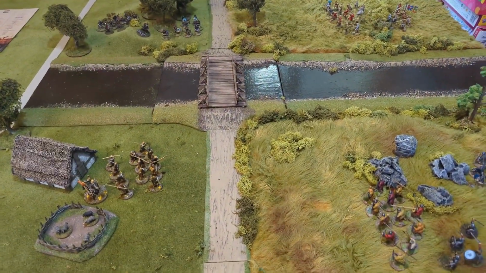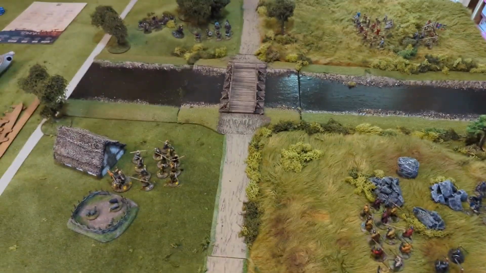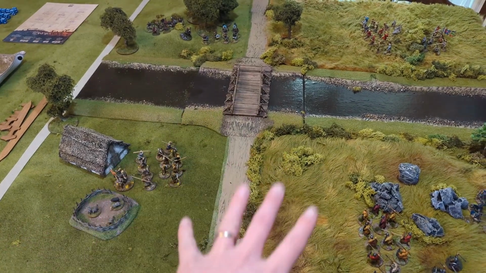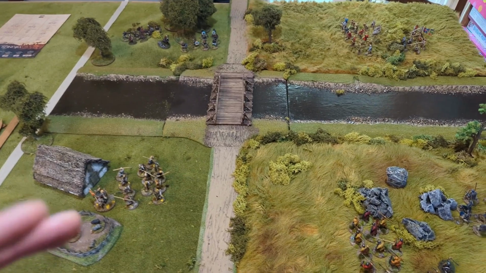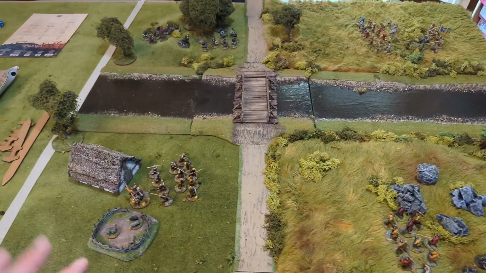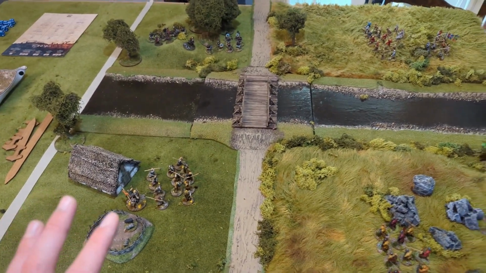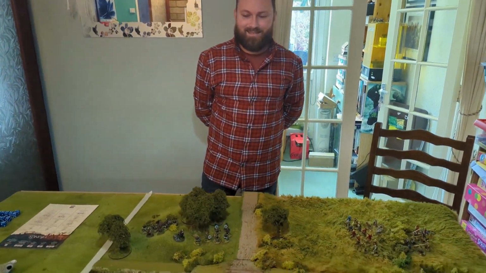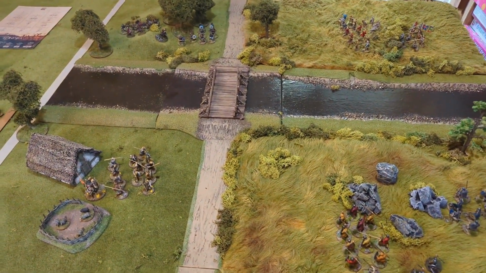Okay, so we are all deployed. Now, it's a little bit weird because, of course, we've got models on both sides of the board. Before we just get into the deployment, obviously, in the last game, we made a few errors with the way that certain Saga abilities work, specifically reactions. So we're going to try our best to make sure that we get those in the right sort of order this time. So we've got a few notes, but obviously if we miss anything out, just comment down below,